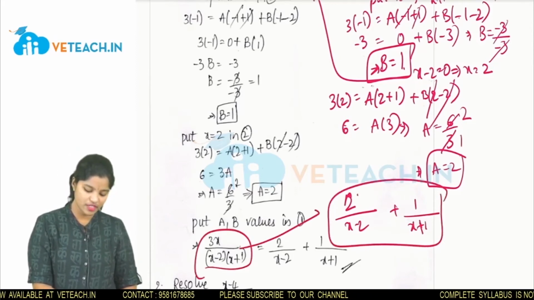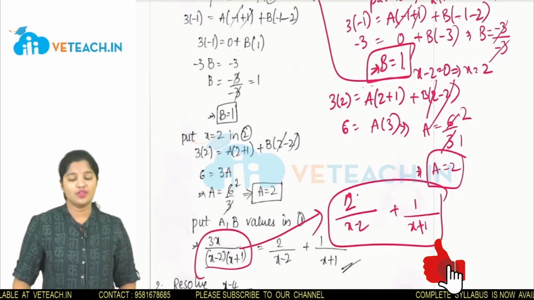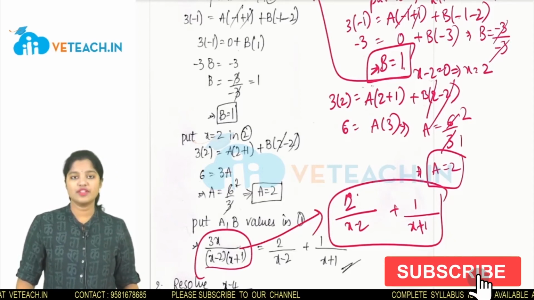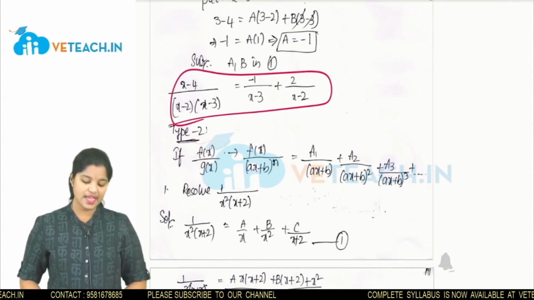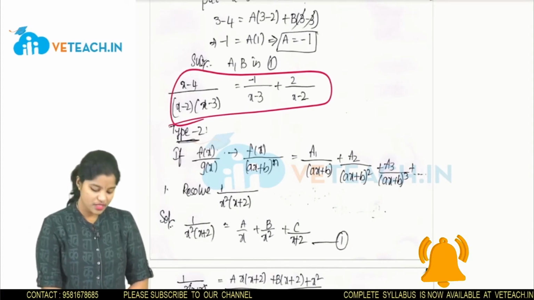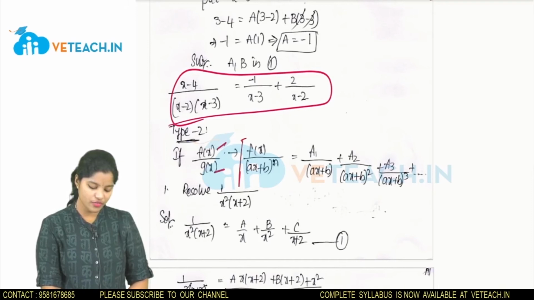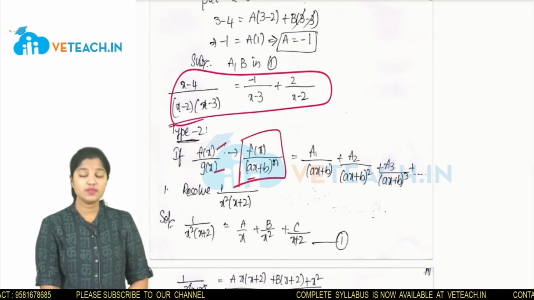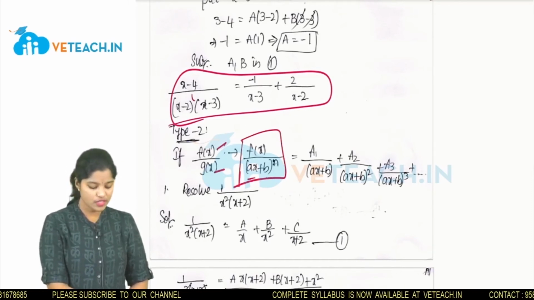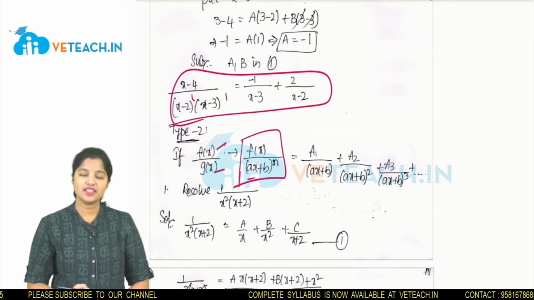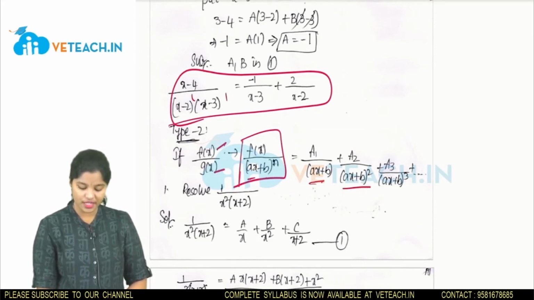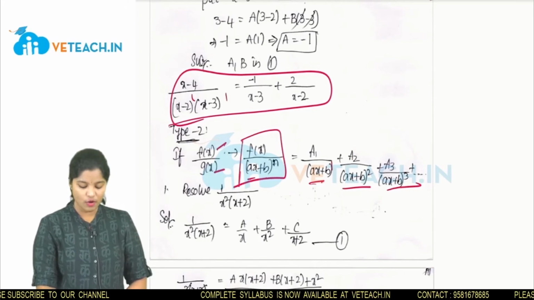So this term can be written as summation of other two terms with the same multiples of denominators. Okay. Now let us see another type, that is type 2. That means if f of x by g of x is of the form of f of x by (ax plus b) whole power n. Up to now we saw only powers of 1, the factors in the denominator. But we are going to deal with powers of whole power n.